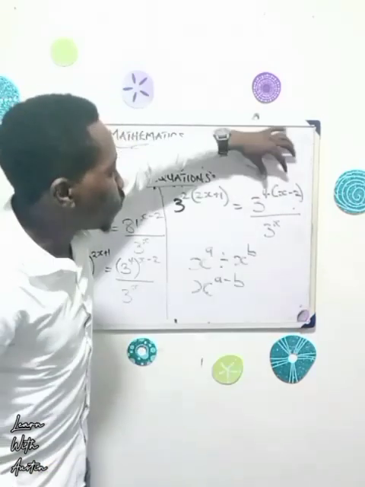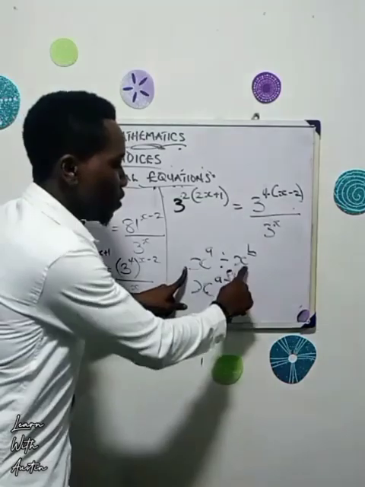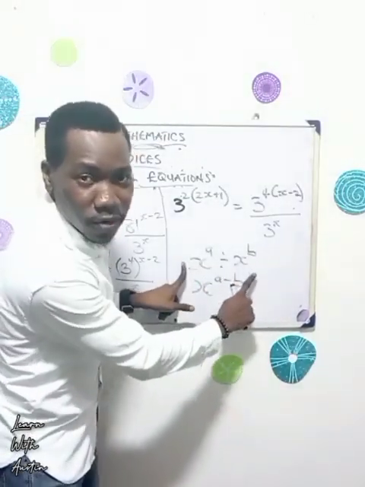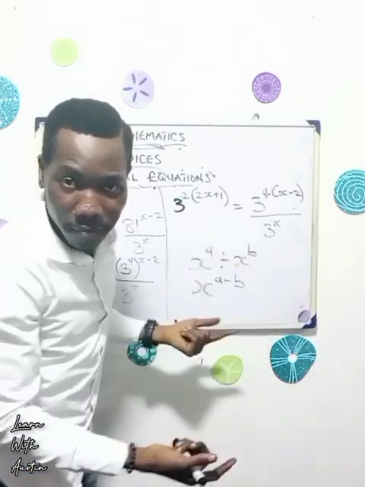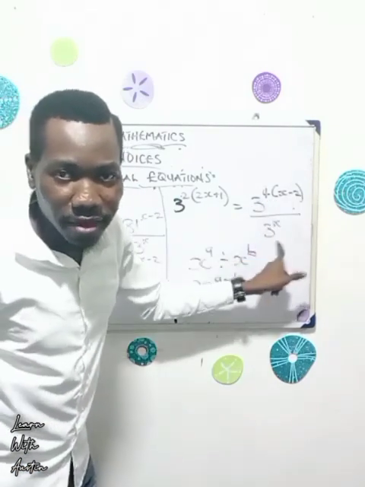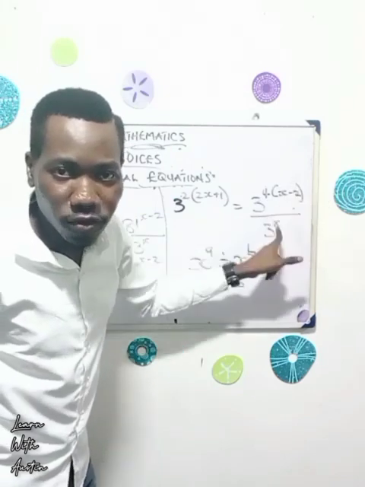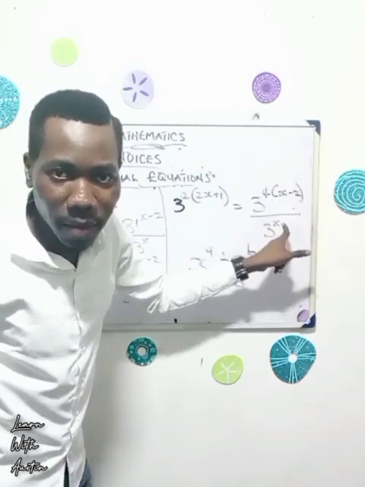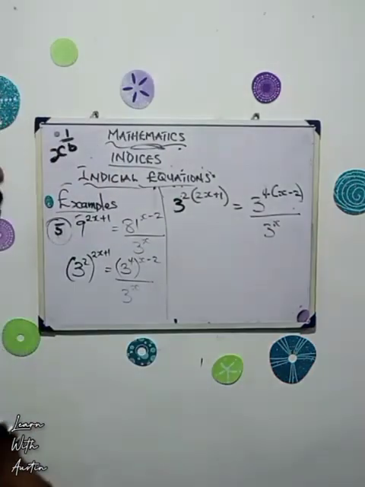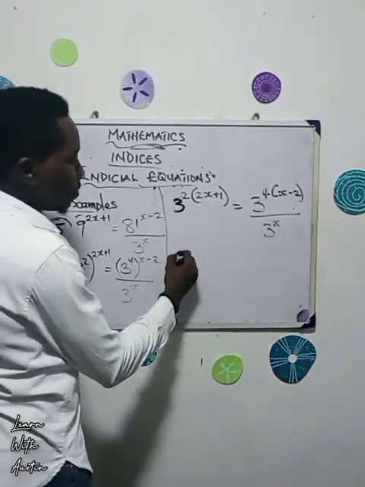Alright? So that's when you have this raised to the power of a divided by this raised to the power of b, and both of them are of the same base, just subtract the power. So that's what we're going to do here. This is 3 raised to the power all this divided by 3 raised to the power this. So we're going to subtract the powers, that is this power minus this power. So we have 3 raised to the power of,